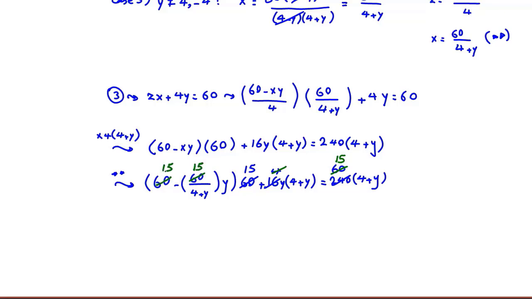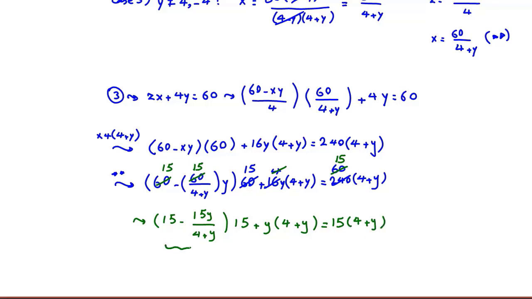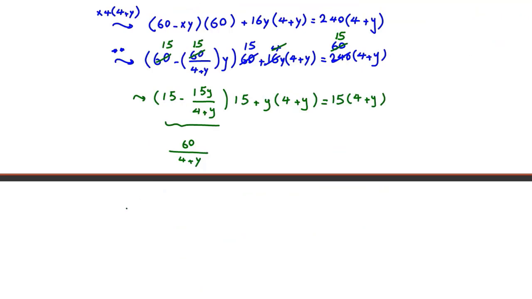15, 15. Okay, so it will be 15 minus 15y over 4 plus y, plus y times 4 plus y equal to 15 times 4 plus y. Now here, if we use a common denominator, 4 plus y, 15 times 4 is 60, plus 15y minus 15, it will be cancelled. So if we rewrite it,